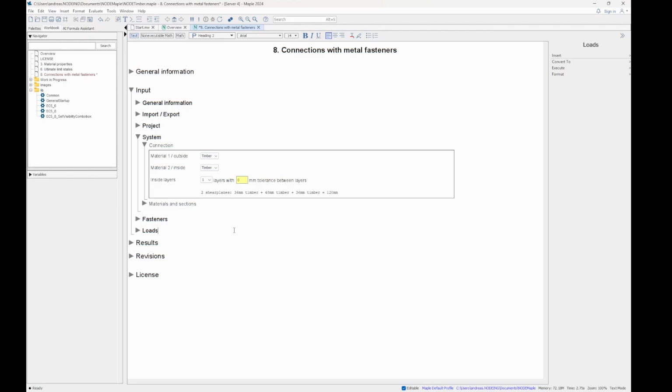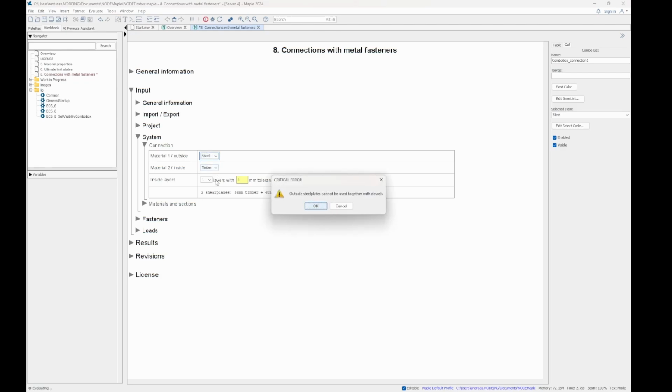You have the possibility to have timber-timber connections with inside layers, and you have the possibility to have steel and timber connections. Regarding steel and timber, it is very important that some connections are not possible. So if you have, for example, steel on the outside, then this cannot be used with dowels. In addition, you can't have a steel connection with a zero inside layer